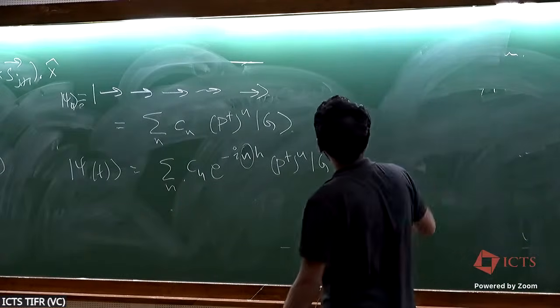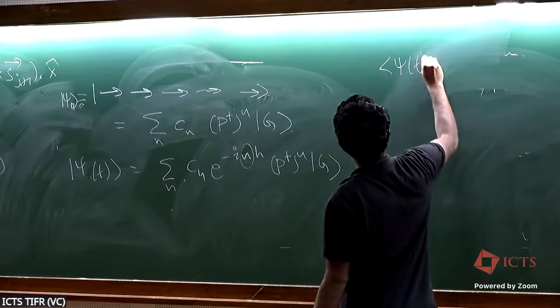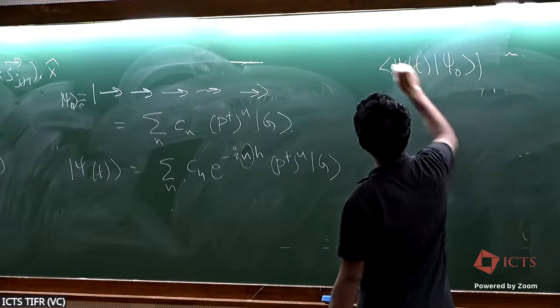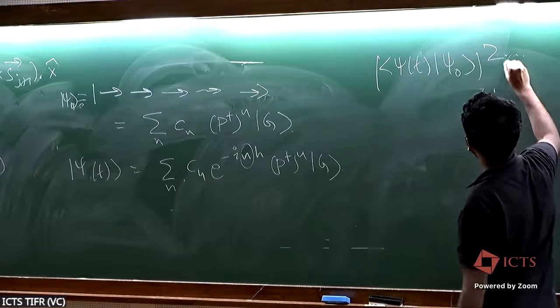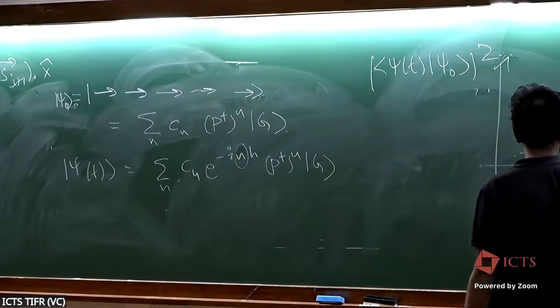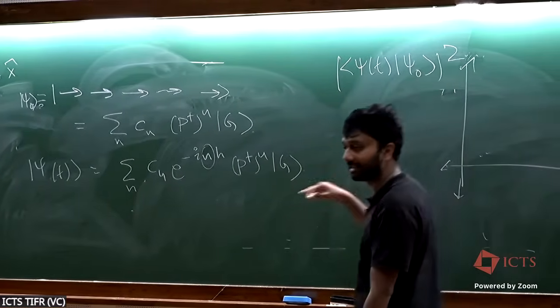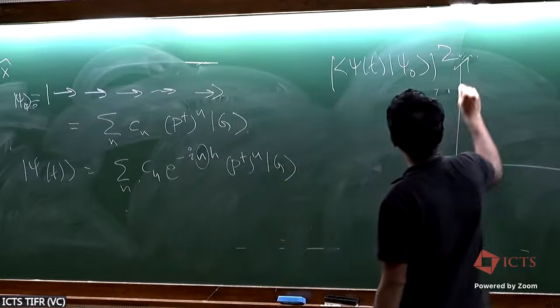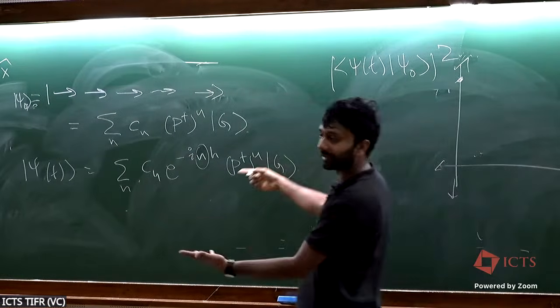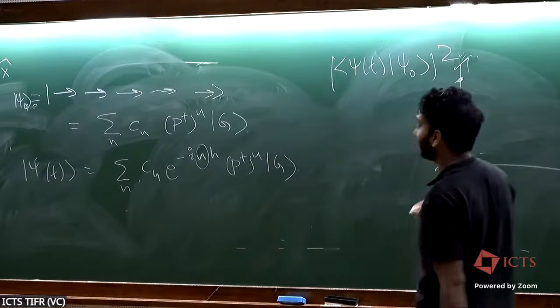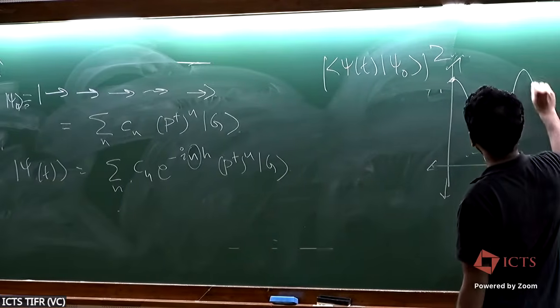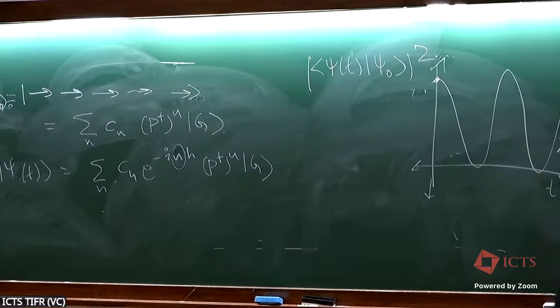This becomes even more obvious if you look at some expectation value, or just look at the fidelity, psi of t with psi 0, whole square. You plot this as a function of time. This is, again, an easy calculation to do. What you find is that initially this has fidelity 1, because the overlap of a state with itself is 1. But then this just keeps oscillating.